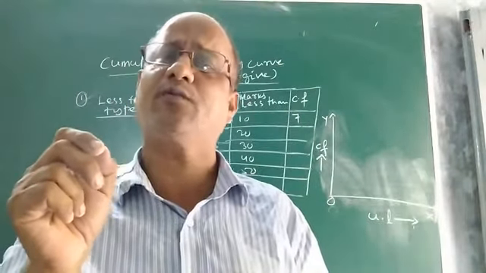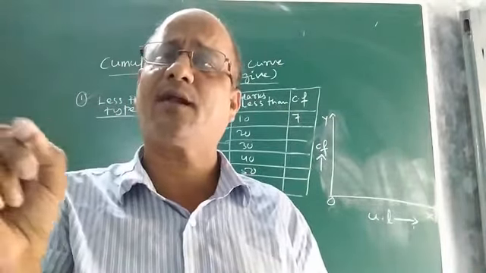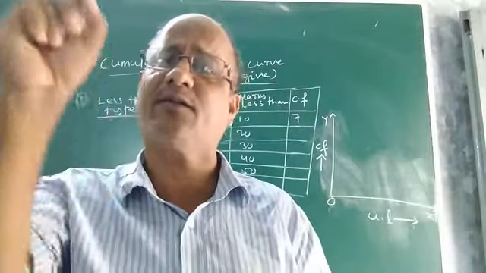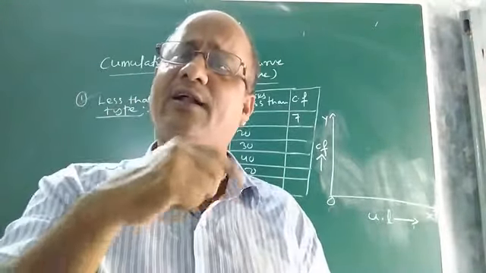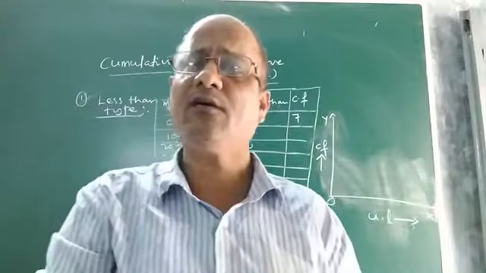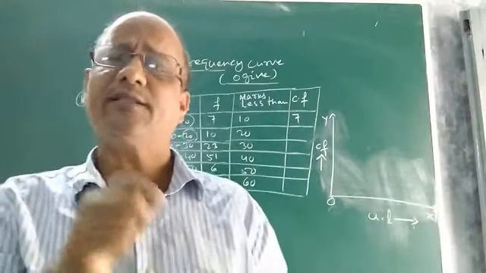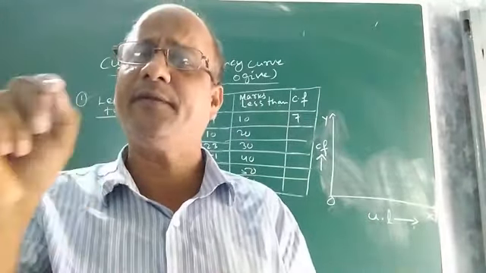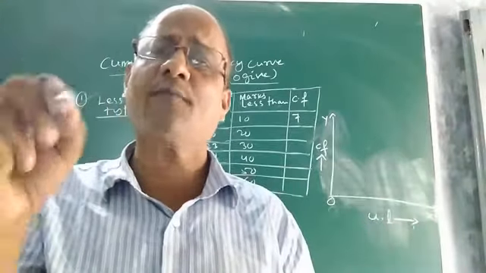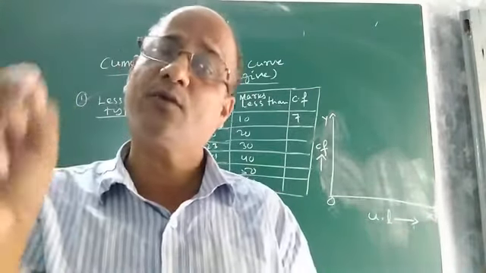In frequency polygon, what were we doing? We were taking the class mark or midpoint of all the continuous classes along the x-axis and their corresponding frequencies along the y-axis. And then we were joining the points by freehand to get a curve. The curve so obtained is known as your frequency polygon.